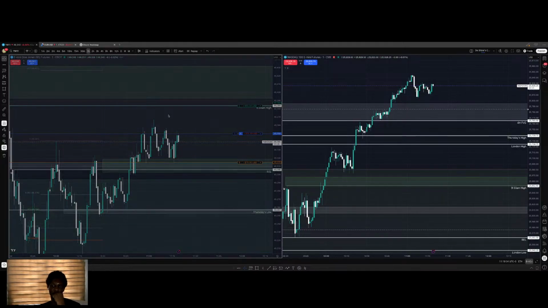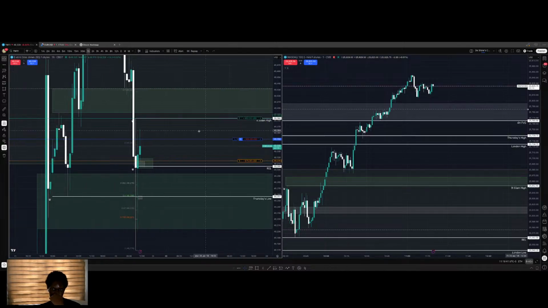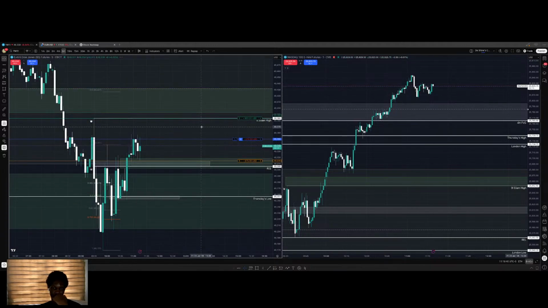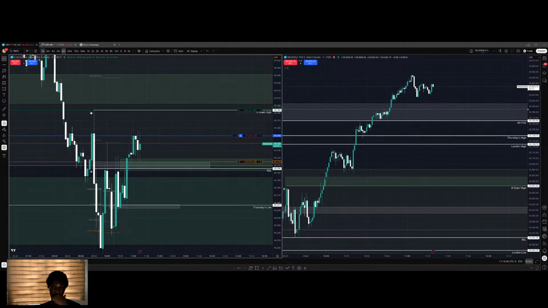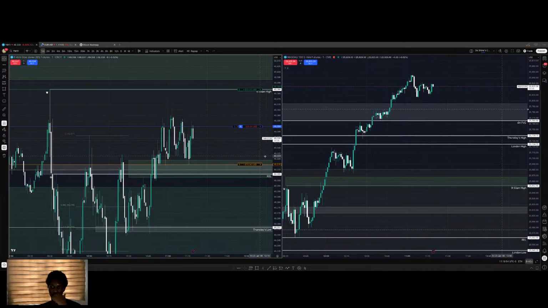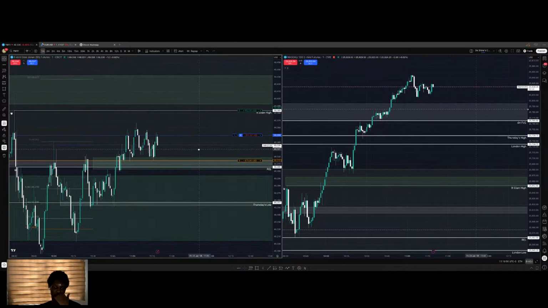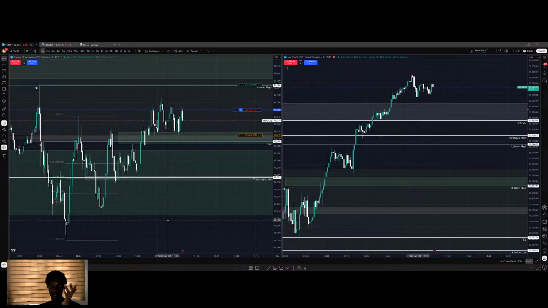Let me check this hourly candle. I mean, it's all set for this 9:30 a.m. high because that's an hourly gap. But for some reason, I think it's going to get there eventually. It could go there now, it might go there later on. So it happens, right? You can't really tell the market to go in the direction you want at the time you want it to go there.